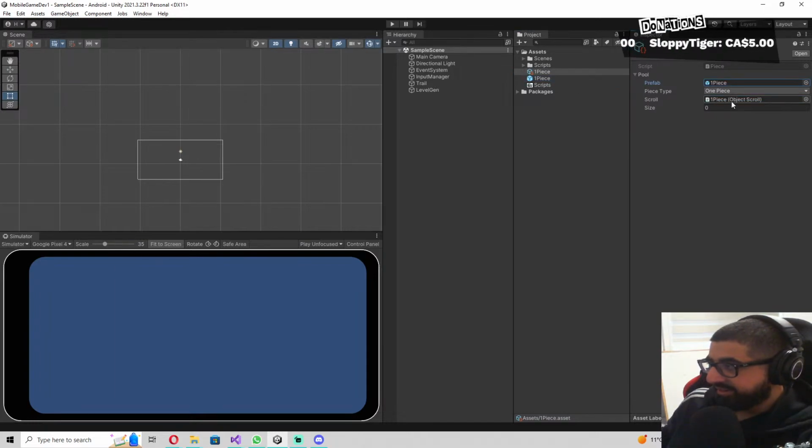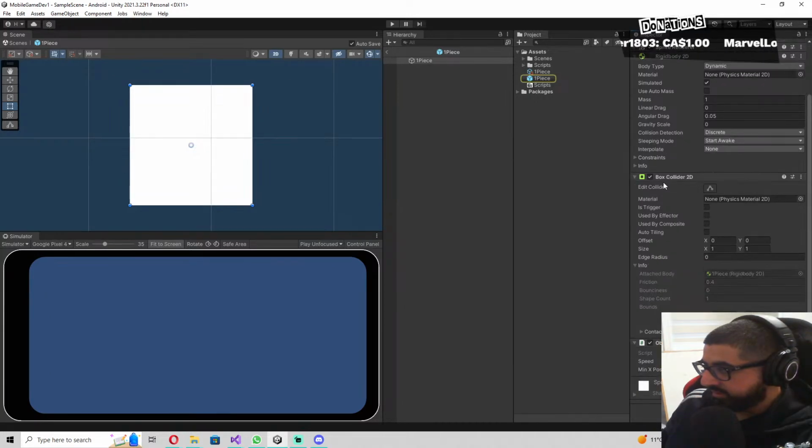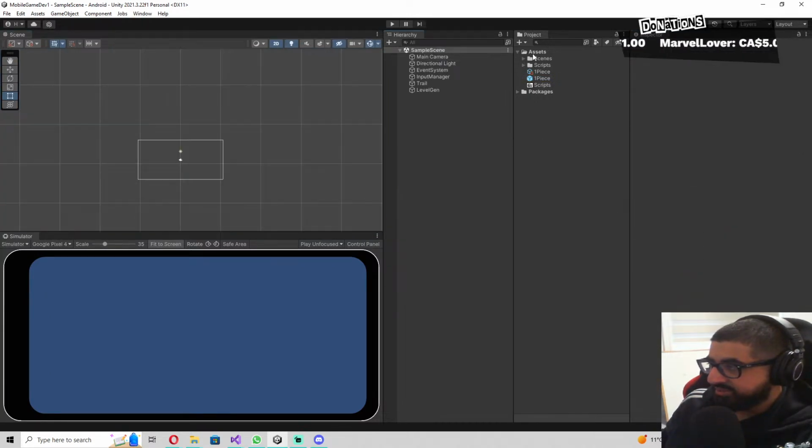We just give it its own scroll script, give it 20. And honestly, this should be able to be automated. The step of assigning its own script should be able to be automated, but this should allow us to